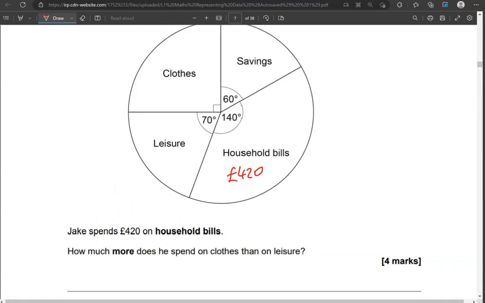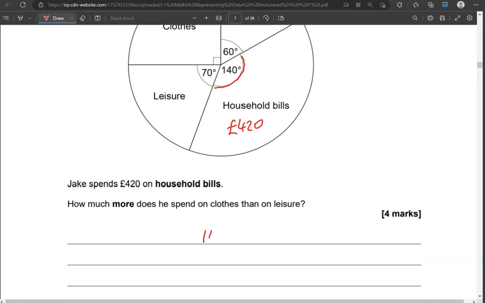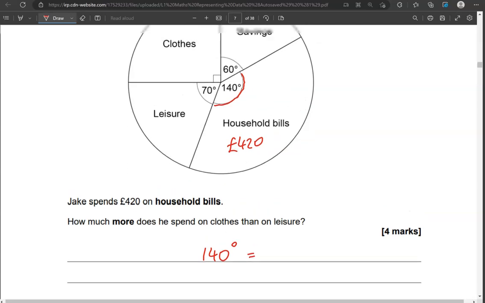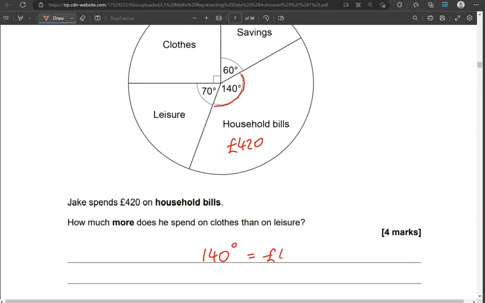So we can see that household bills are represented by 140 degrees in the full circle. So 140 degrees is equal to £420 because degrees go in proportion with the amounts,